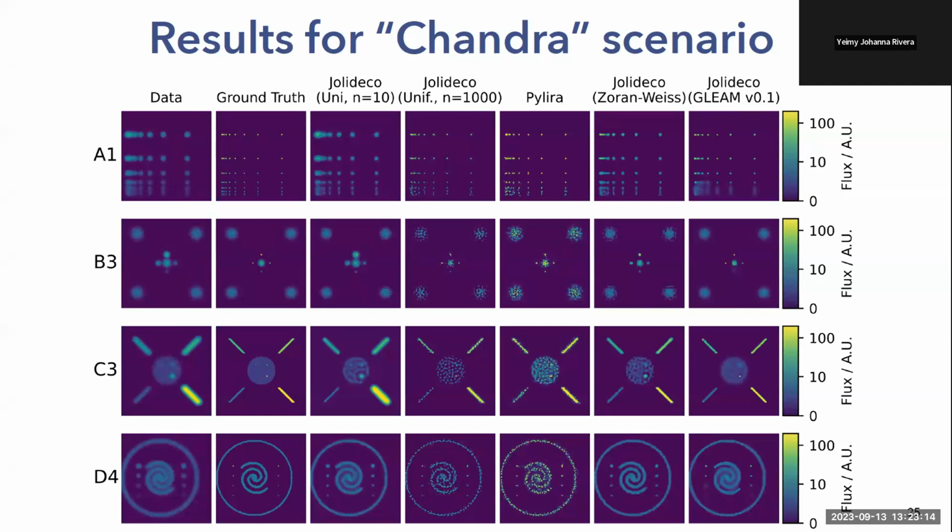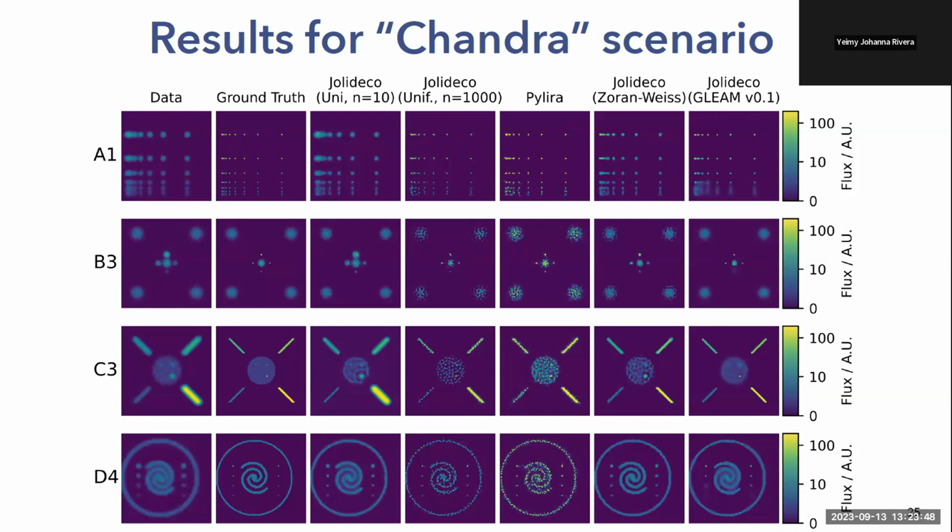But then if you take a look at the other scenarios, it starts to make these sources very speckly. And this is exactly the effect that we've seen before, the same for this extended source and the spiral here. This is then the pi-Lyra method here. This also works very nicely for point sources, but it has a similar speckliness effect for the extended sources, albeit it's not as bad as for the Richardson-Lucy case. So this already works nicely. The same here for the extended source and here.